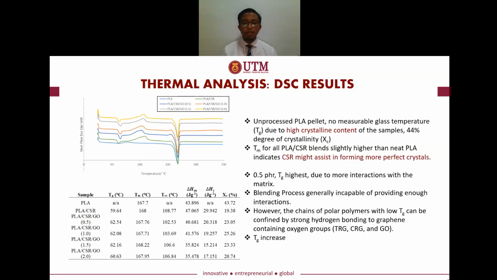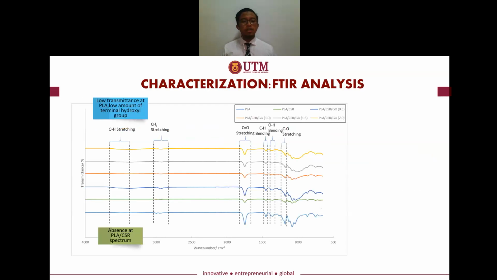However, the chain of our PLA, which has a low Tg, can be confined by strong hydrogen bonding to graphene containing oxygen groups, such as those in graphene oxide, which causes the glass transition temperature to increase. So FTIR analysis shows that